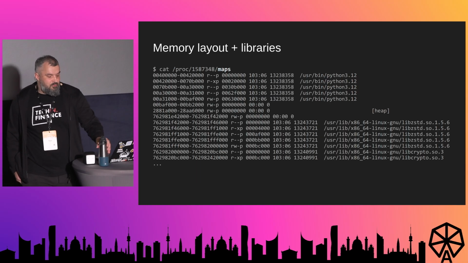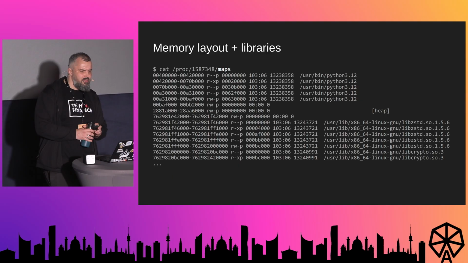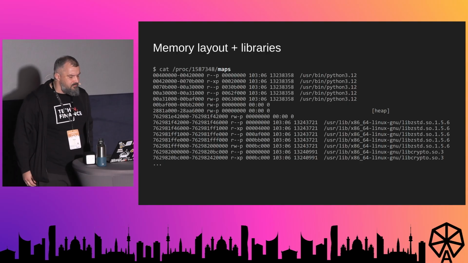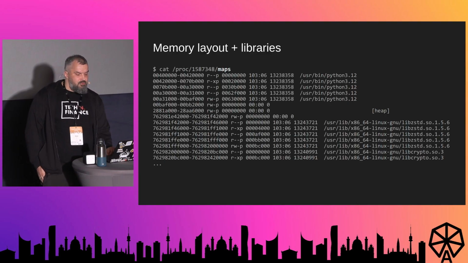Now, processes. I know that Golang mostly builds static binaries, but a lot of processes still use shared libraries. And so there's this /maps file, which describes libraries and also binaries, and their locations in memory to which they are loaded. So from there, you can see basically which libraries were loaded in the process. And again, this comes handy